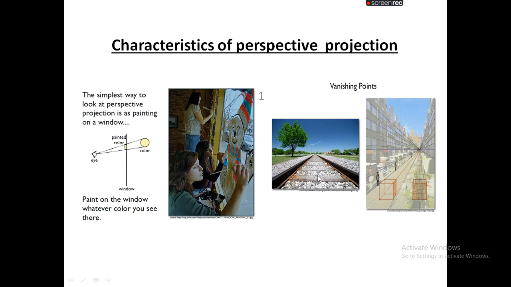Here also, the best example is the railway track. Assume that you are standing exactly here, at the mouse pointer. Initially, the two tracks of the rail are there. These two tracks look parallel in the beginning. These two tracks are called projection lines. In the initial stage, these two projection lines look parallel. Here I can say that the object size is larger.